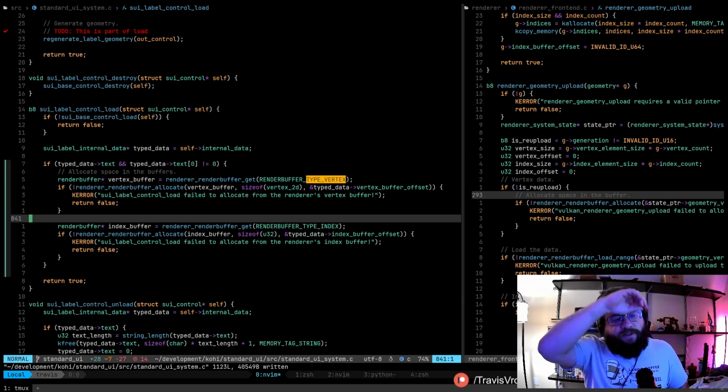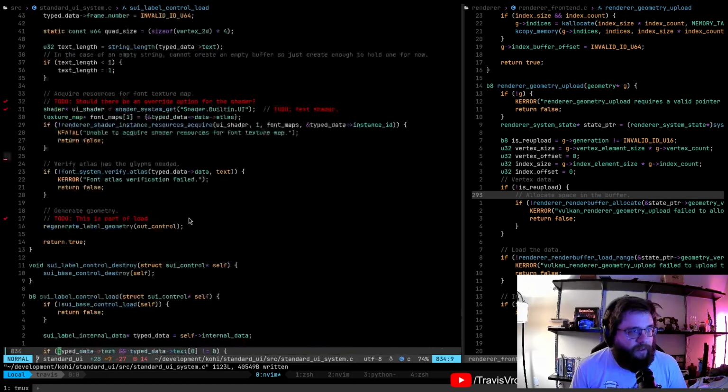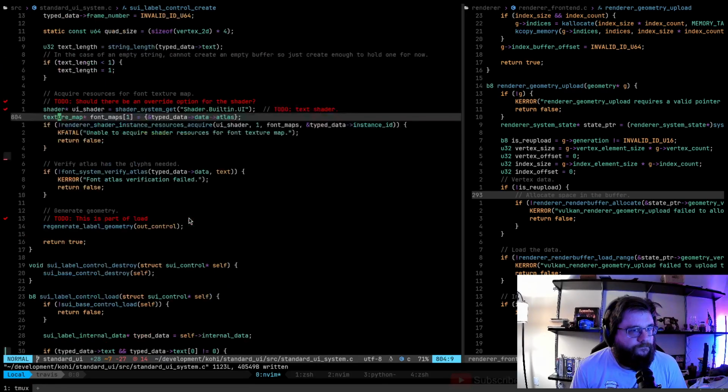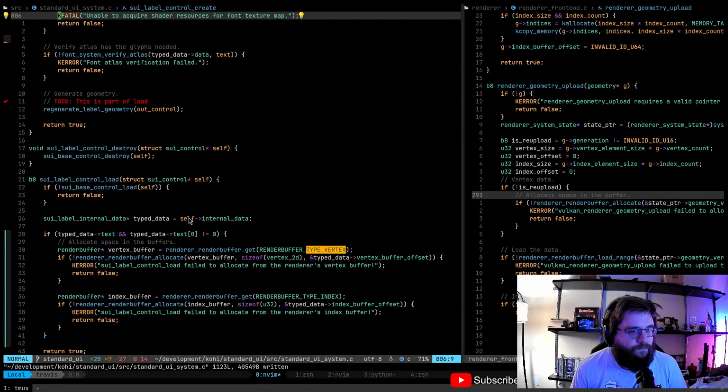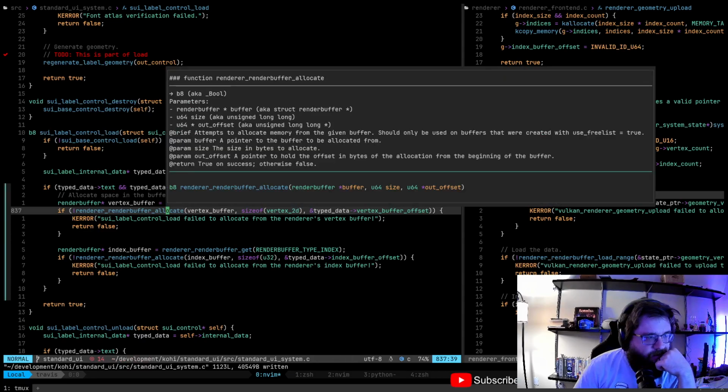So now instead of dealing with separate vertex buffers for this, we're actually using the ones that the renderer provides for us, which is much better anyway. Okay. So that handles the load.